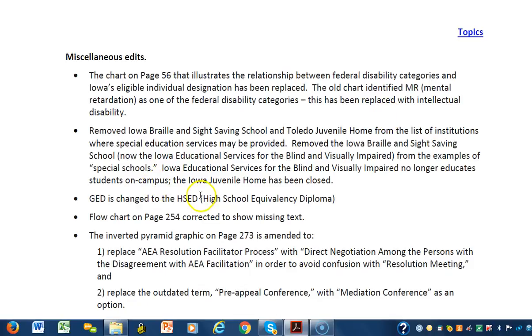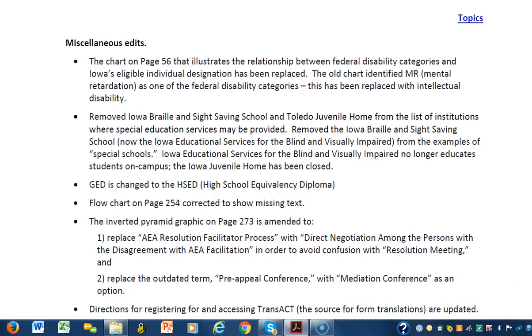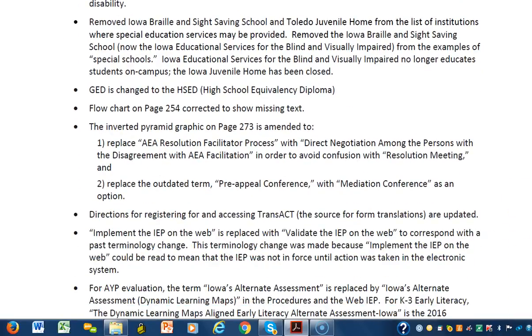For example, GED is changed to high school equivalency diploma. Some changes in language in regards to, for example, the AEA resolution facilitator process replaced with direct negotiation among the persons with a disagreement with AEA facilitation, and that was to avoid confusion with a resolution meeting.